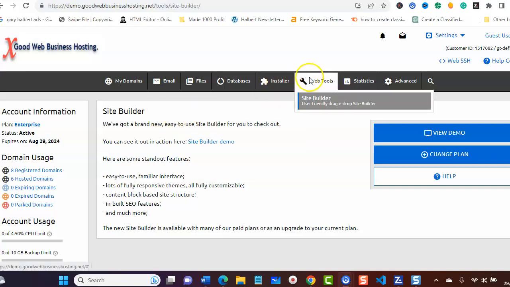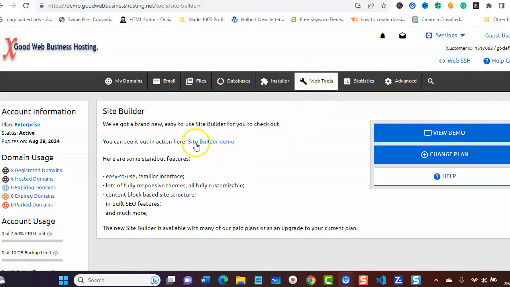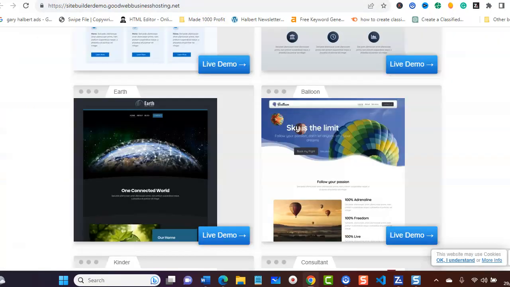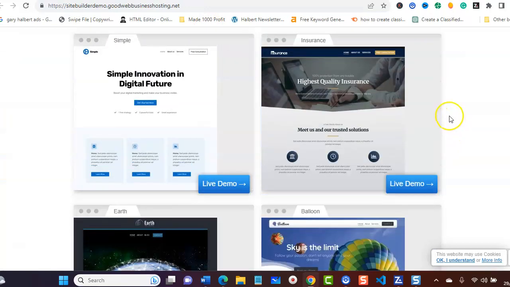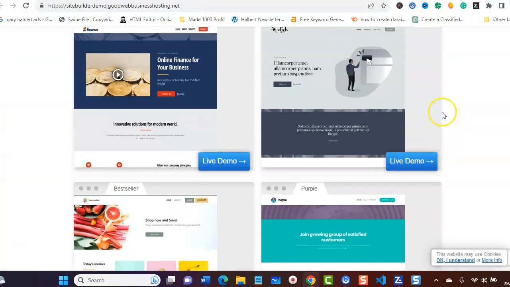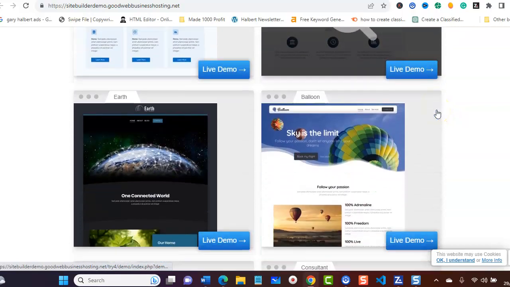And then I showed you how to go to Web Tools and Site Builder. Also you can click the Site Builder demo button here, and when you do that, that loads a selection of different templates that you can use. So in this example, what I'm going to do is select this one here,